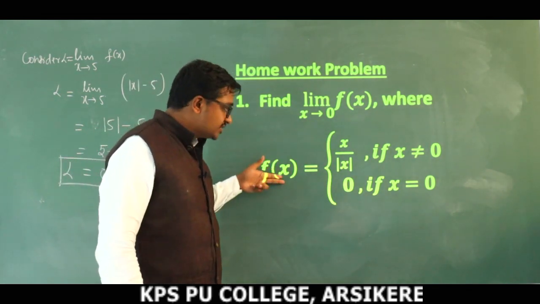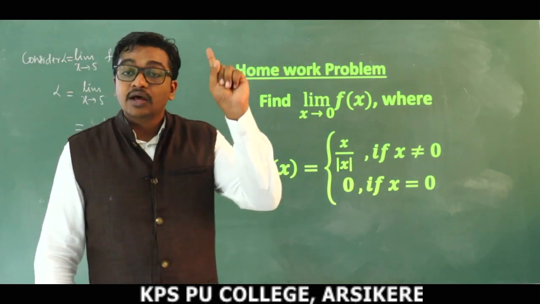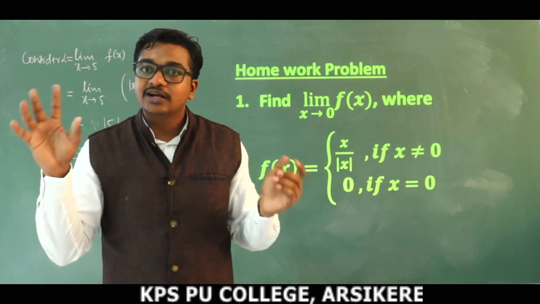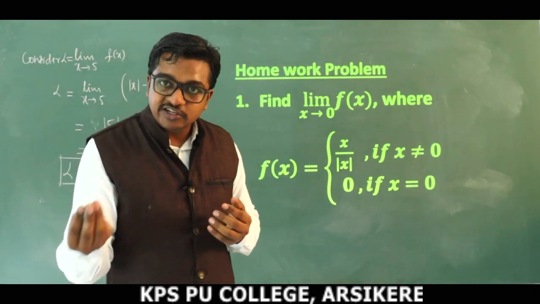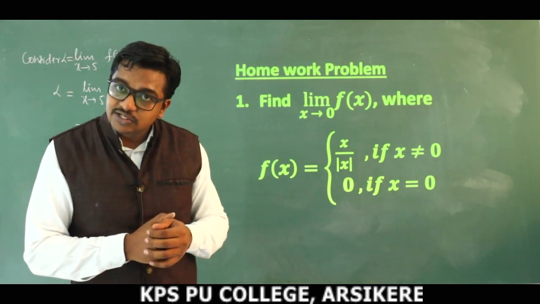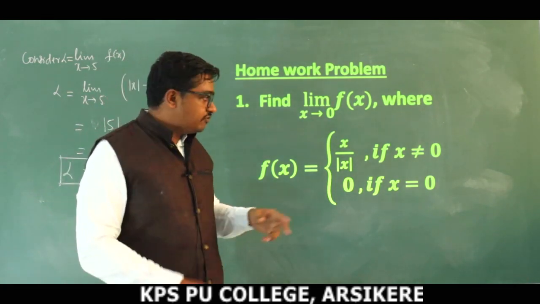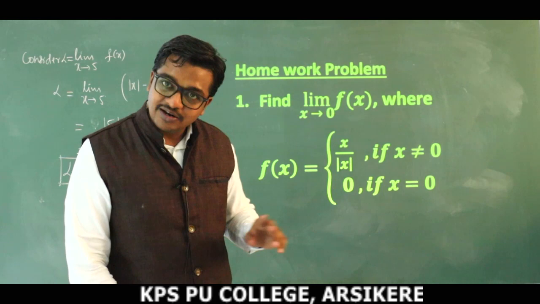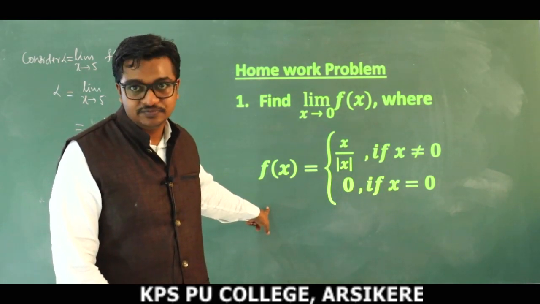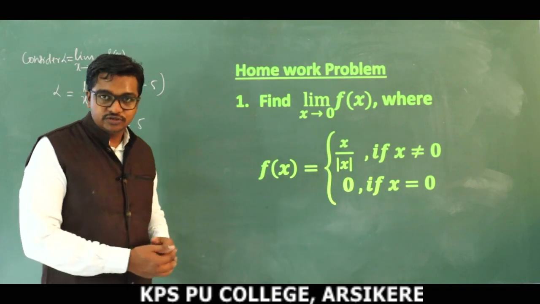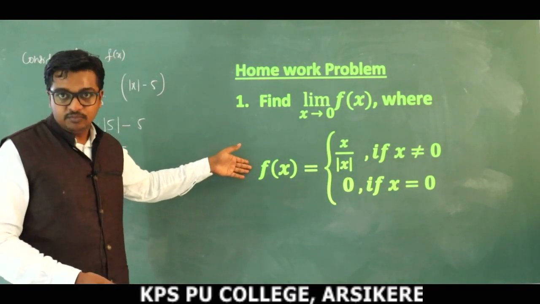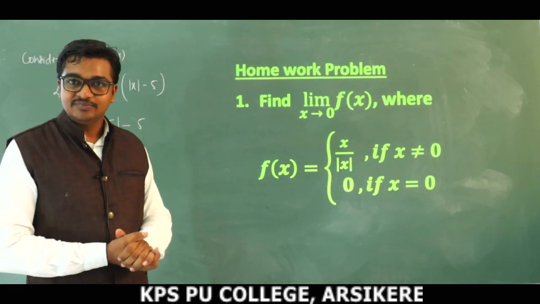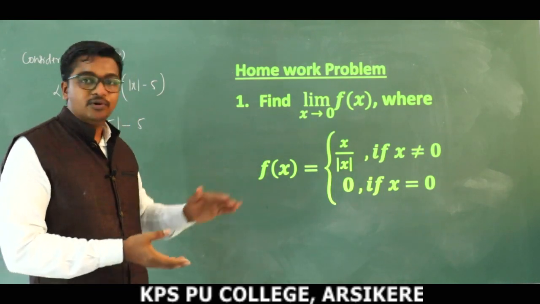So therefore this function again splits into 3 terms: plus 1, 0 and minus 1. It is plus 1 when x is greater than 0, the function becomes 0 when x is equal to 0, and if x is less than 0, the function becomes minus 1. For this function also, LHL becomes minus 1 and RHL is plus 1. Here also limit does not exist for this function. Understood, children? This is the homework question. Limit does not exist for this function because the LHL and RHL, even though they exist, are not equal. Understood, children? Take a pause and write down the problem.